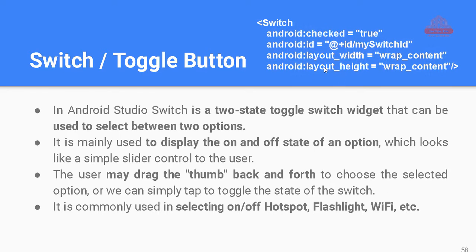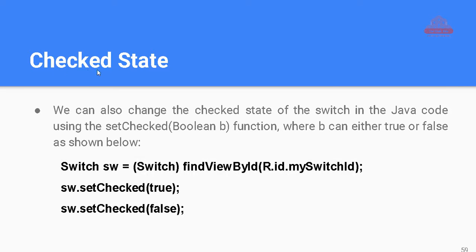So this is the code for switch. You may see here there is a check property where the default value is true. There is an ID property, and height and width are always present with any kind of control. Now, how can we check the property of a particular switch? The switch control has its own instance called SW. It is cast from the given findViewById method, and this is the ID of the particular switch. Using the setChecked method we can apply true or false, or you can say a boolean value, for the particular switch.